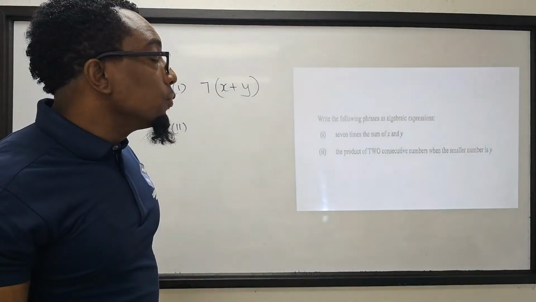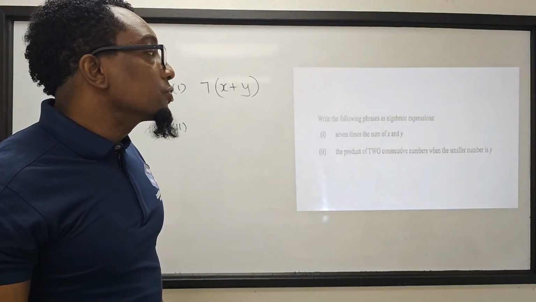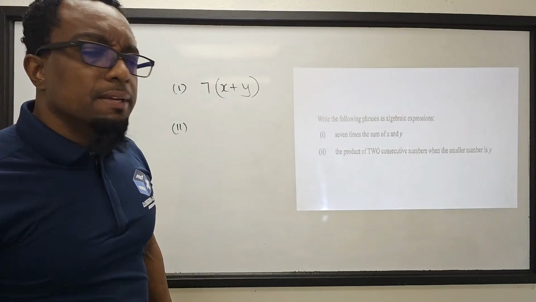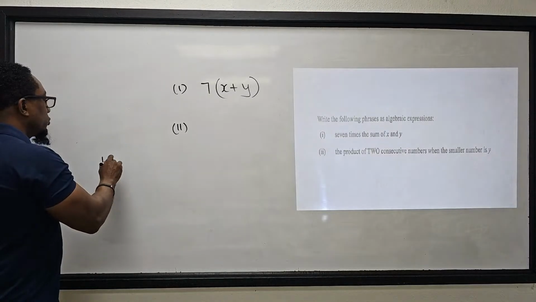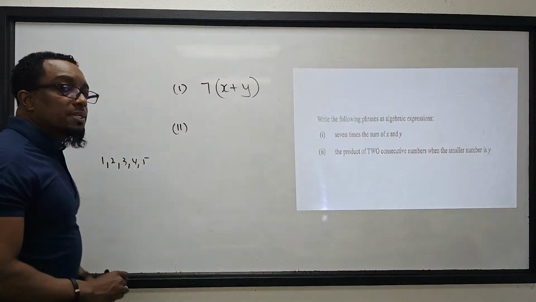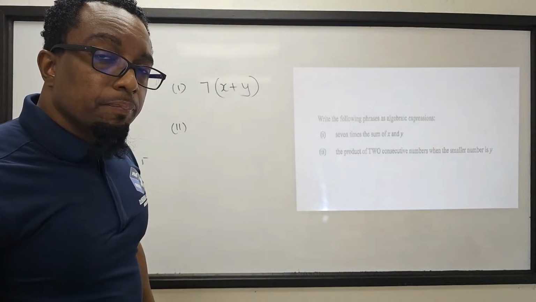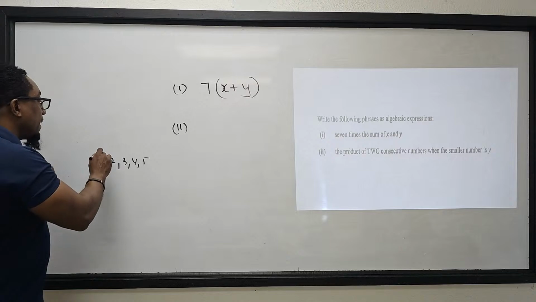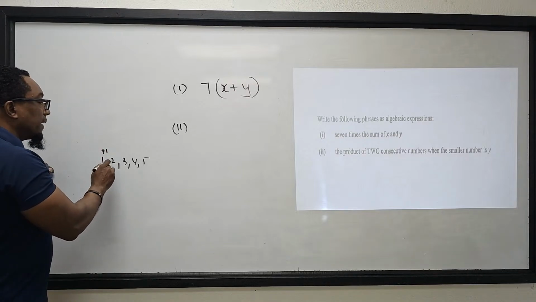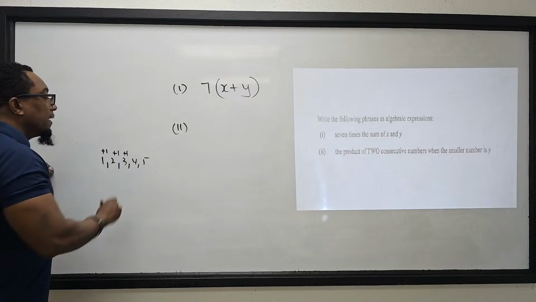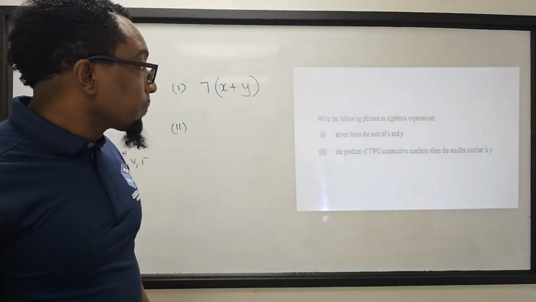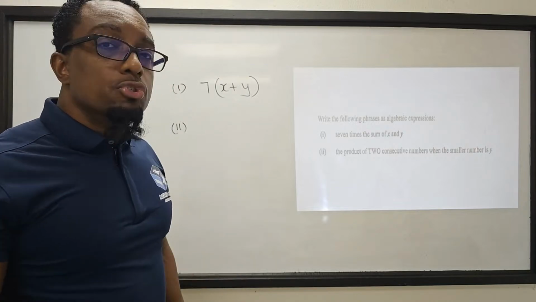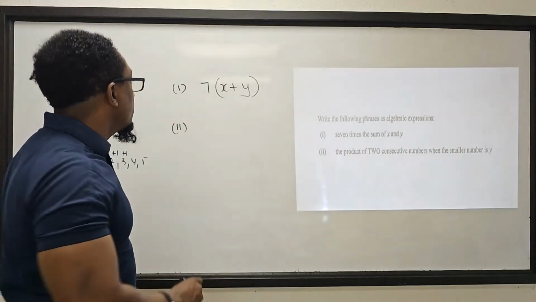The product of two consecutive numbers when the smaller number is y. The product of two consecutive numbers. Consecutive numbers will be, if we have 1, 2, 3, 4, 5, those are consecutive numbers. Yeah? And of course, our counted numbers will move from one to the next by adding 1. If I add 1 to 1, I get 2, add 1 to 2, I get 3, add 1 to 3, I get 4, and so on. So the product of two consecutive numbers where the smaller number is y. So the smaller number is y,